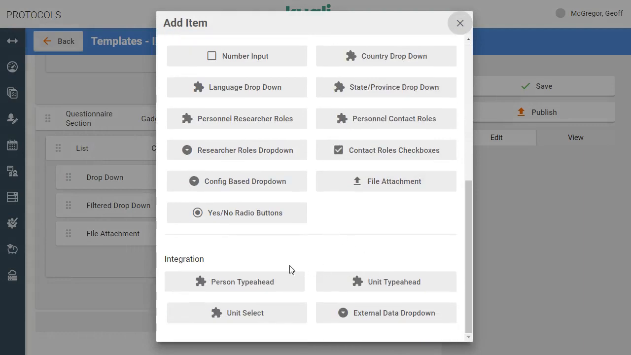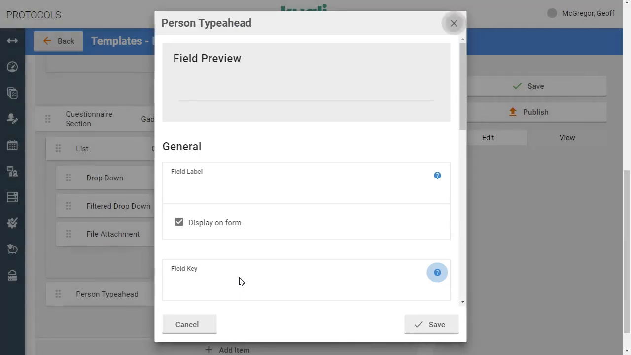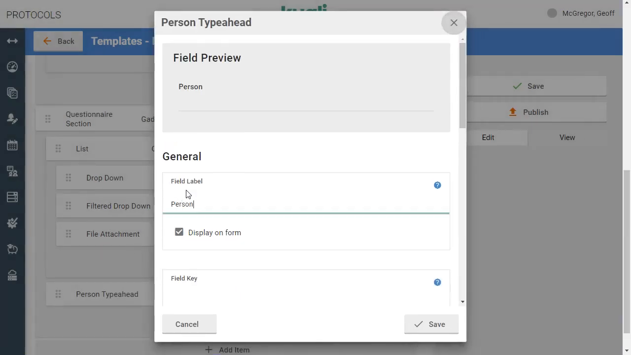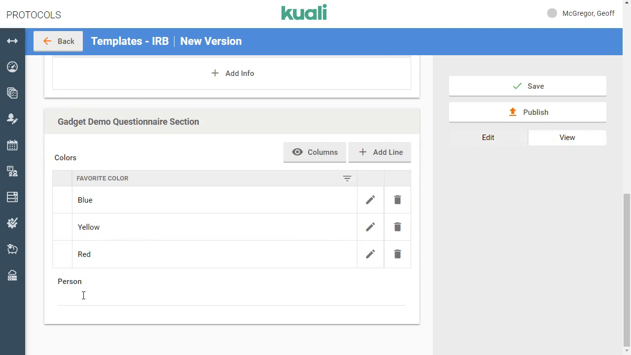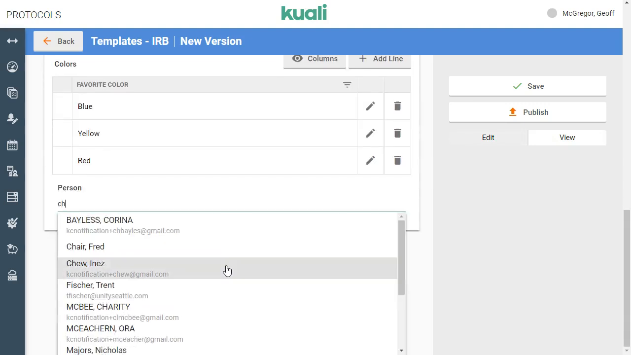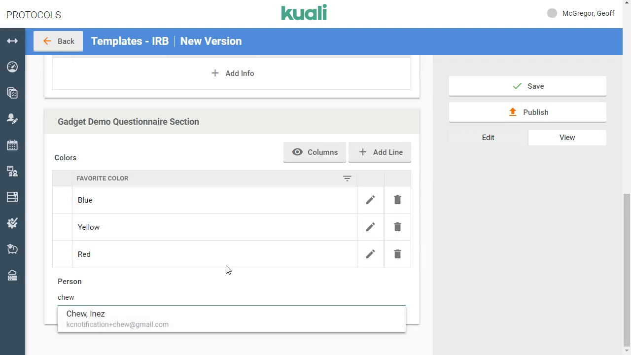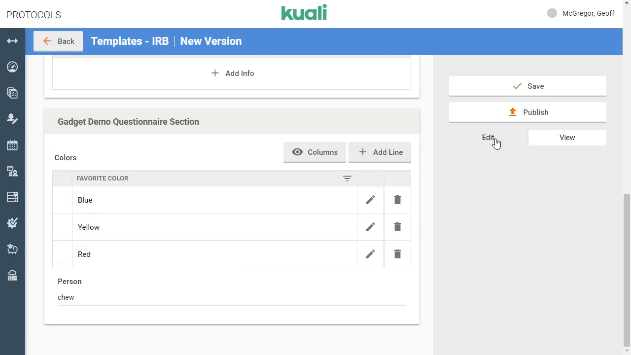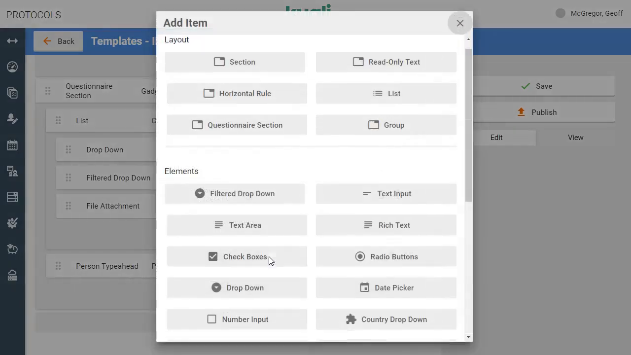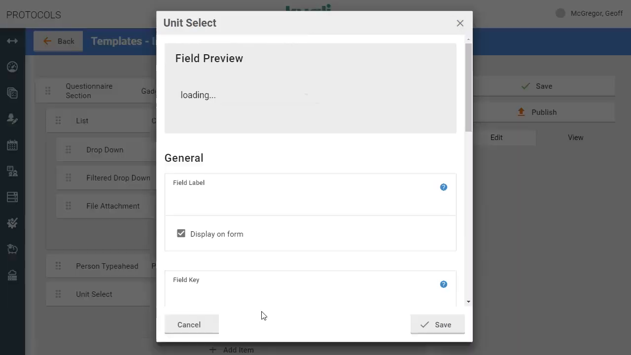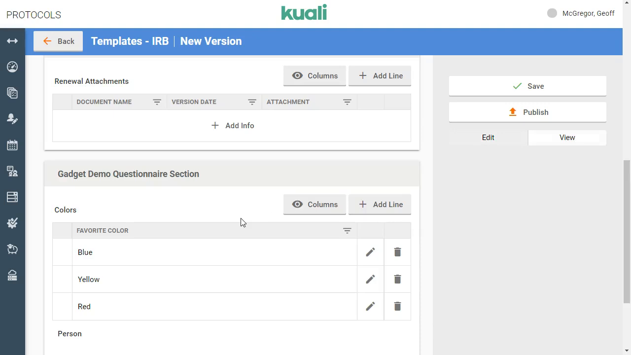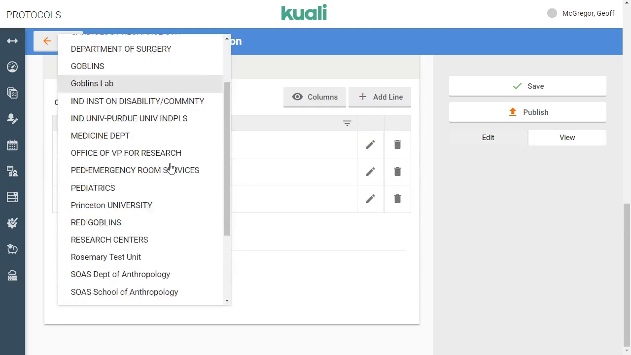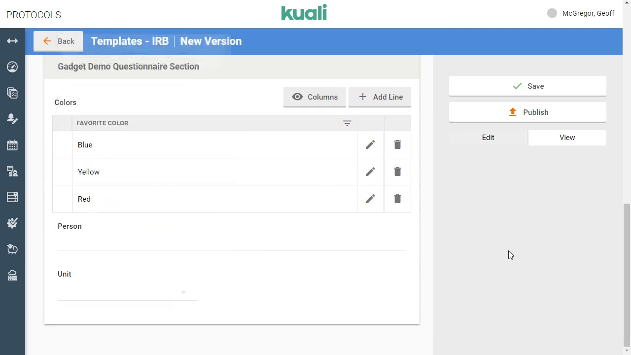If we go down and we see if you do person type ahead, and I will go here and put person. If we go over to view and I click here, I can begin typing and it will automatically do a predictive typing search of the people that are listed in this particular environment. And there is a similar lookup for unit select. If I hit save, then I can come here and it will give me a drop down of the units that are available in my environment. Those are the only other real gadgets that are particularly unique to the compliance environment,